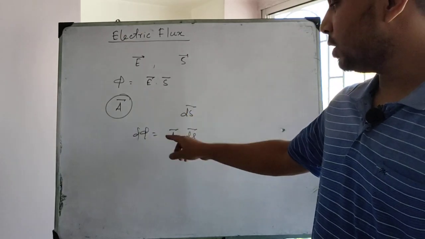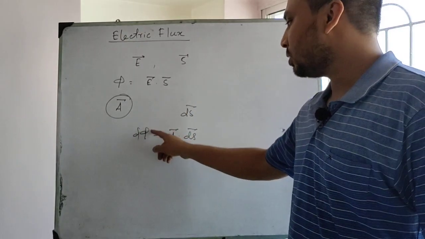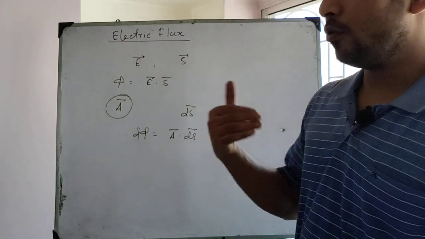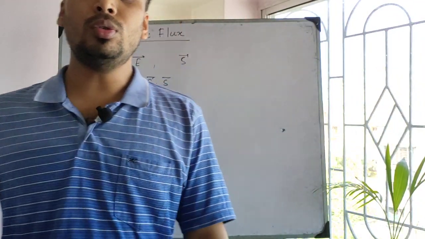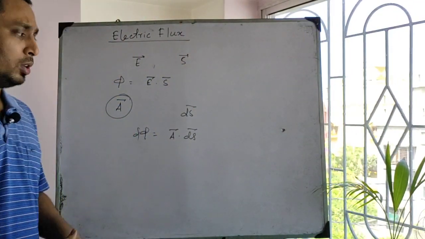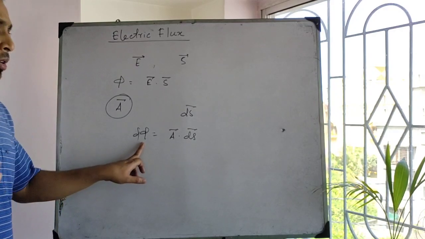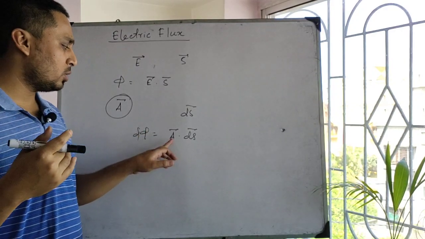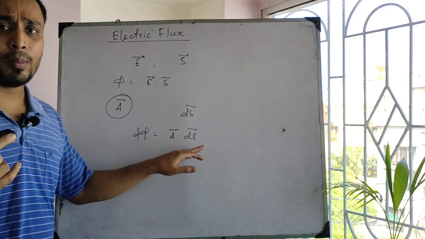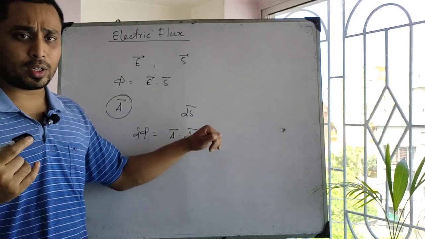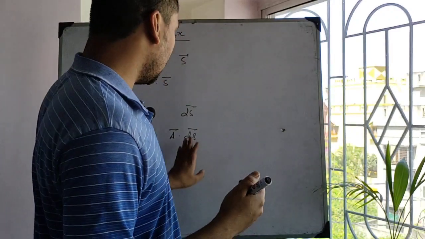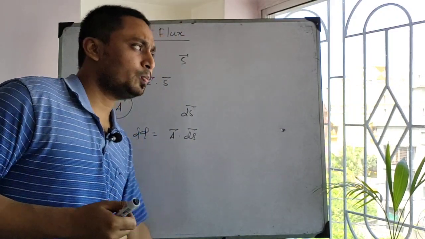So what is flux? Flux is the measure of field lines passing through that given area. So here d phi represents the amount of field lines passing through ds, amount of field lines due to vector A passing through the given area ds. Okay,